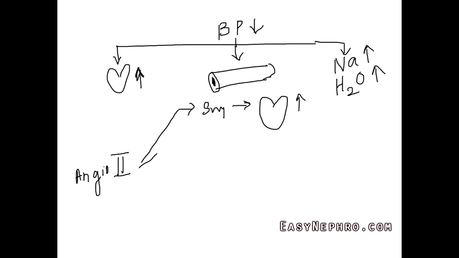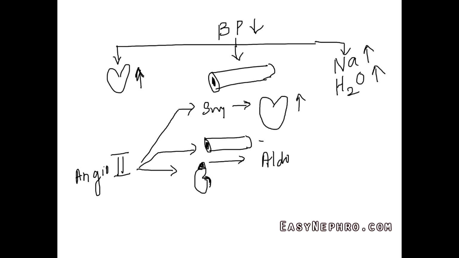Second thing that Ang2 can do is act as a direct vasoconstrictor, or through the sympathetic system itself it can cause vasoconstriction. Third thing Ang2 does is that it acts on the adrenal glands, and the adrenal glands release something called